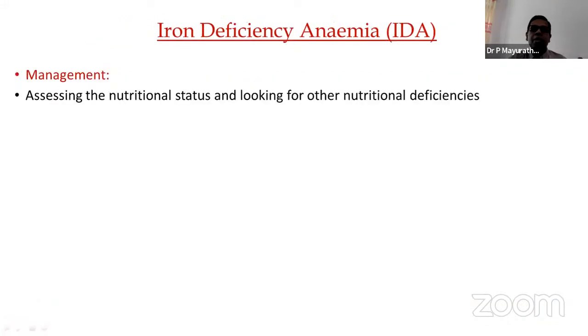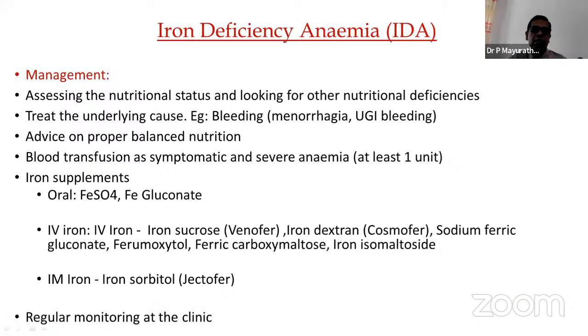So then how are we going to manage iron deficiency anemia? It's very simple. First of all, we have to assess the nutritional status of the patient. If you think nutritional is the cause, because if malnutrition is causing anemia, there may be other micronutrient deficiencies as well, so we may have to treat that also. And very important, we have to identify the cause and treat the underlying cause. So for example, if you think the patient has menorrhagia, refer to the relevant team. If you think upper GI bleeding is there, get the